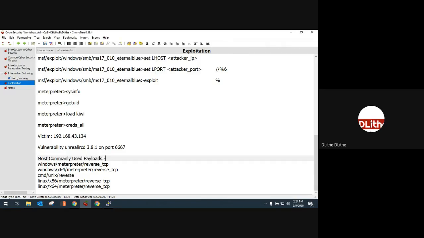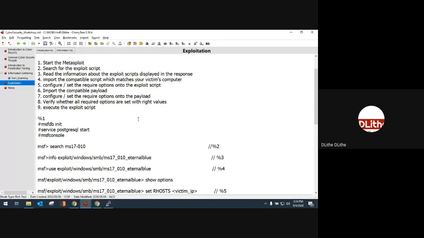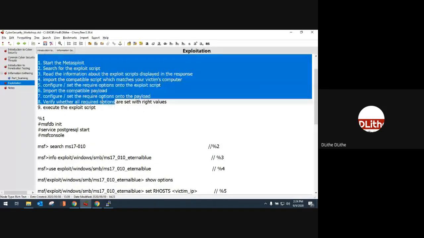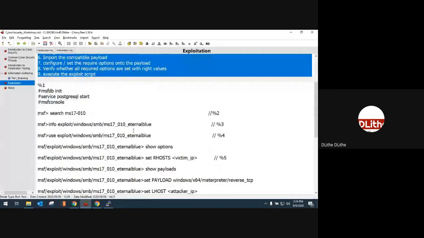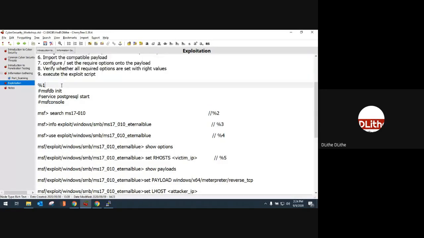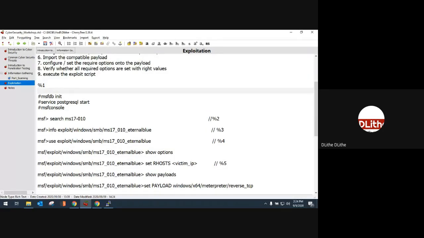Okay, perfect. So I hope the steps are pretty clear. I'm trying to compare the generic steps along with our commands, right? As I said, I'm trying to keep this a more generic scenario. The reason is that today I may give you an idea of how to hack into a Windows 7 machine, using these many commands, but tomorrow when you do the actual task, you do not have any person guiding you on which command to do or which command not to do.